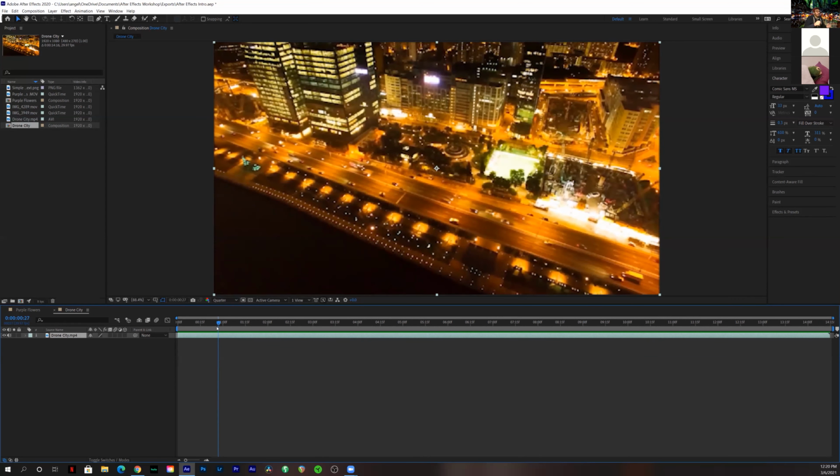From there, after analyzing all of that, we would take that data and apply it to a null object, which is not something a lot of people are comfortable working with, but I'll explain what it is. A null object is an invisible tool, essentially. You can't see it on your composition, but it is there. Once you have that data, you apply it to the null object so that it retains all of that tracking information. And after that,